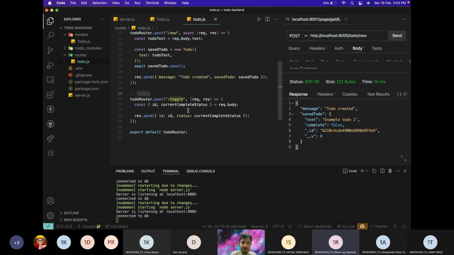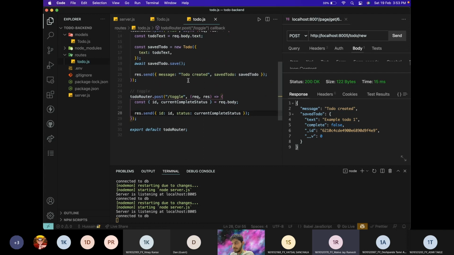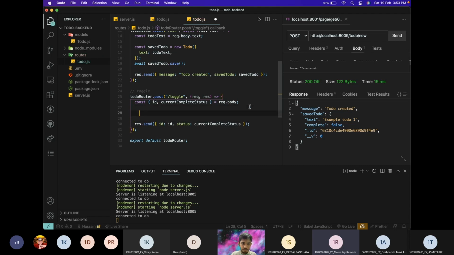So now we'll write our toggle to do का function. अभी I want to go and update the existing to do based on the ID and change its state as well. So to do that, I'll write a query here. ये इतना बड़ा नाम रखने की जगह I'll just call it complete, है कि नहीं? It is much more easier to read as well. So now I will write my query. So to do dot update,